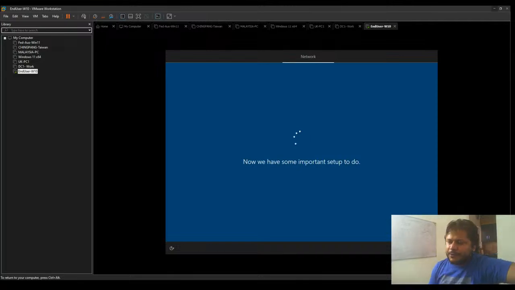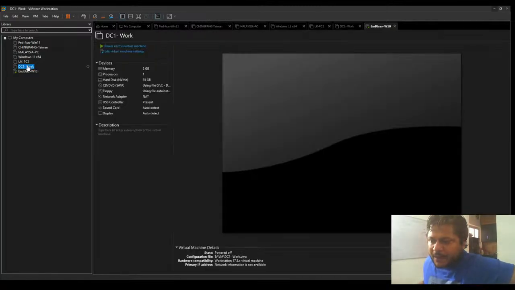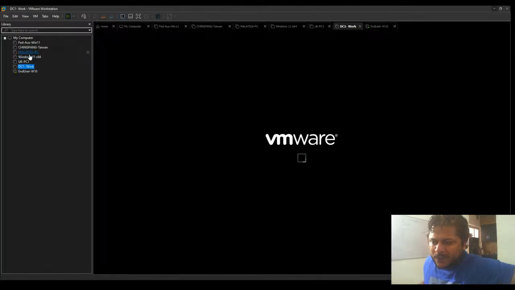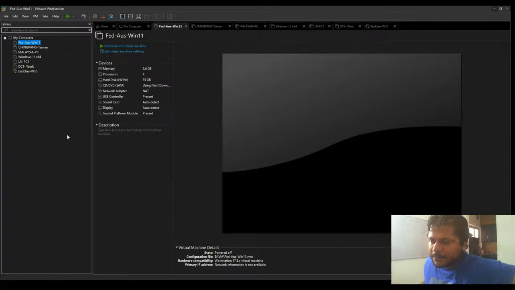Meanwhile, to catch up with people, since I'm slightly delayed compared to you guys, I'm going to let this installation continue. I'm going to power on the domain controller now, and I already have other machines on my VMware. So I'm going to power on one of them so that I can show you how I'm going to join that machine to the domain.